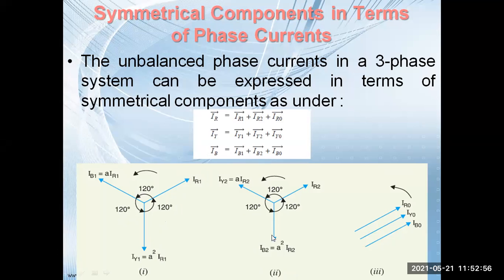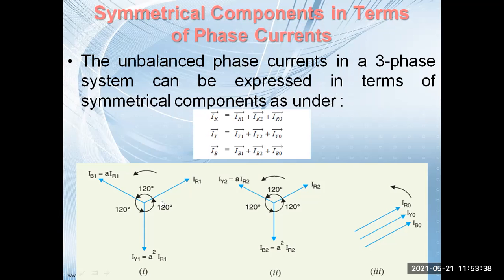Now let us come to the representation of the negative sequence component of current. So this is IR2, but one thing you have to remember here is the phasor rotation direction. You see this is IR, IB, IY, in one direction, but here this is IR2, this is IB2, and this is IY2, in the opposite direction. Okay, I got something. We need to correct this somewhere.